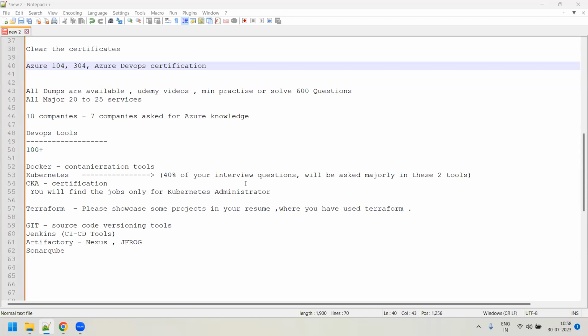Some people might know it, but they miss it. They might not tell it properly during the interview. For some reason they will reject them, saying that he doesn't have the fundamental knowledge. So that's the reason: very minute details about each of these tools. You should have knowledge, because they will ask very basic to very high fundamental questions. So please make sure that you concentrate on this tool set.